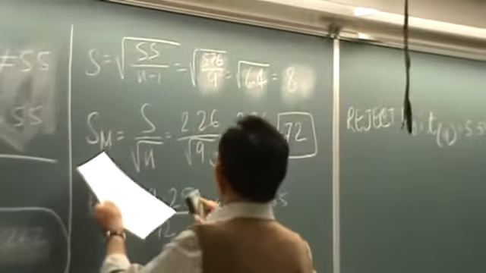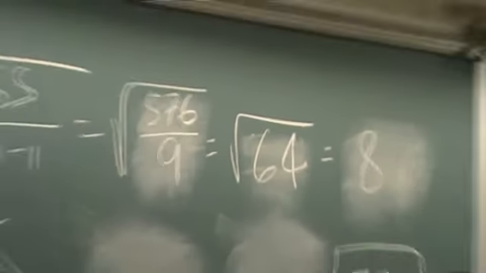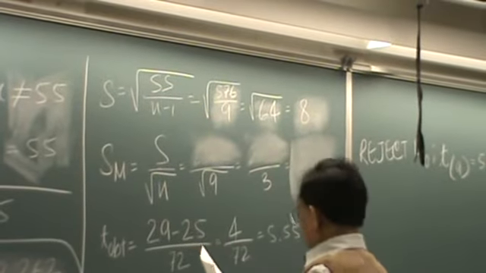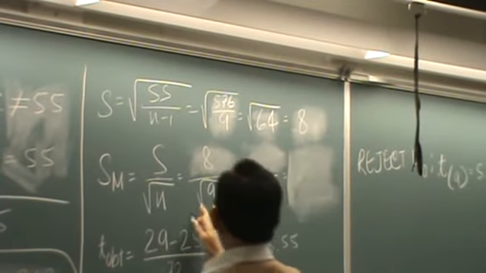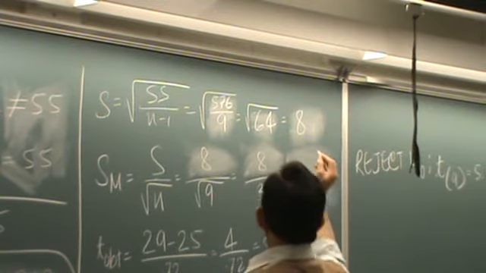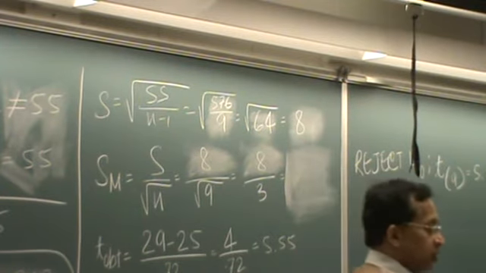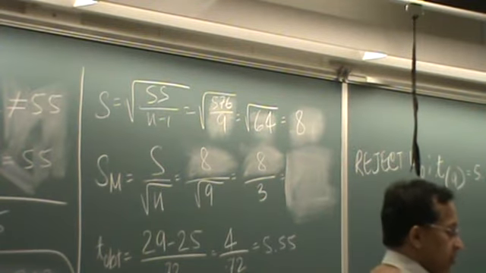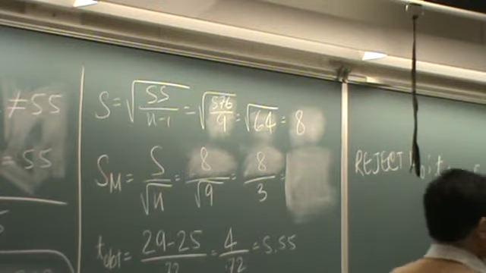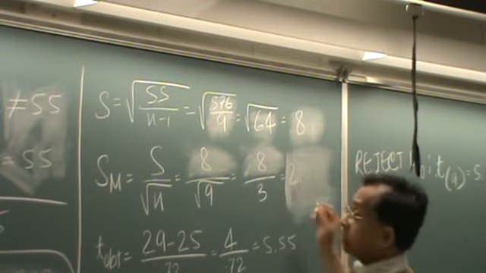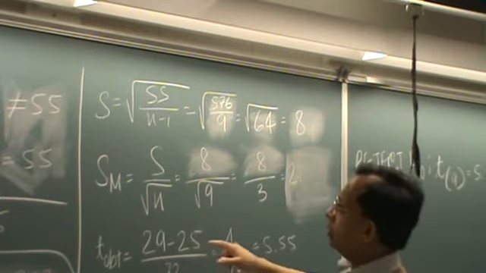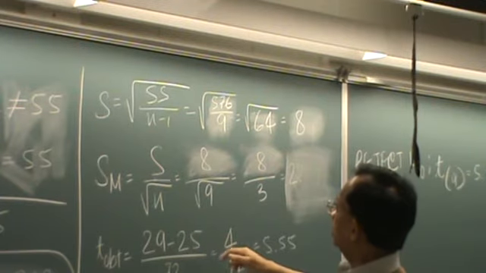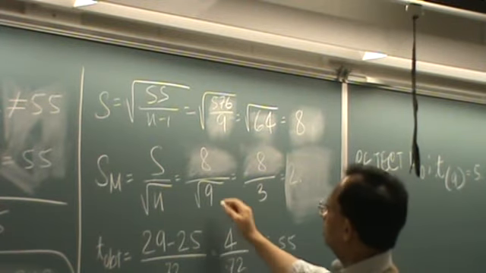Now we need to calculate the standard error. So it will be 8 divided by square root of 9. So 8 divided by 3, and that should be 2.66. Shouldn't it be square root of 10? Because you're not subtracting 1 from it. Oh, yeah. I forgot this. This should be